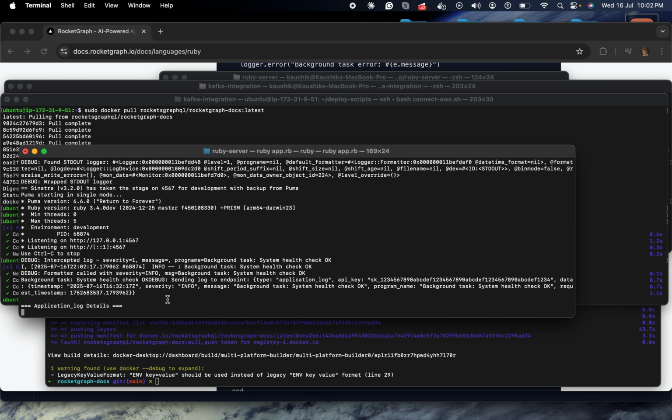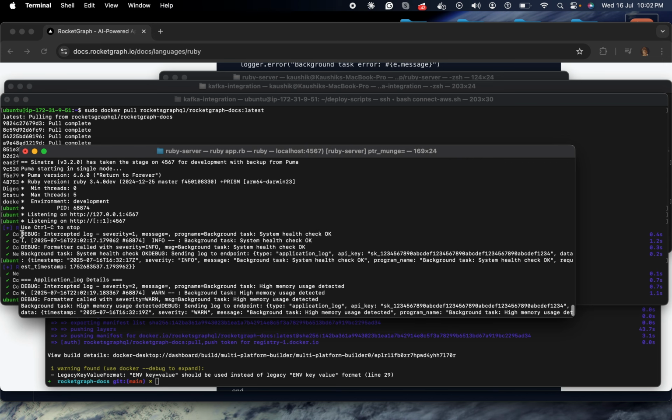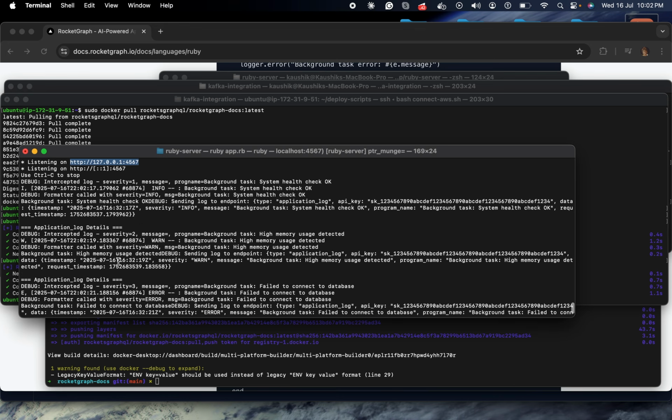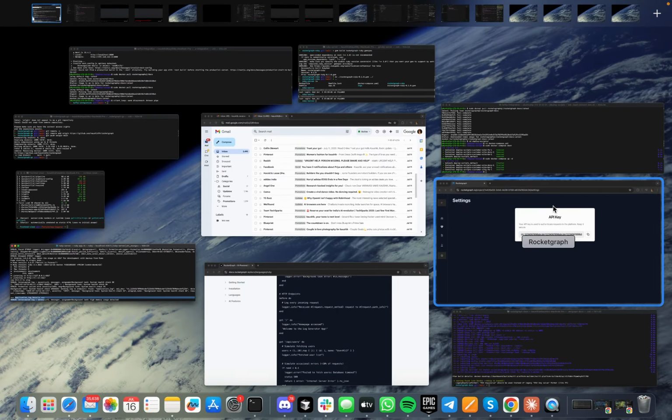Yeah, okay. So now the development server has started. Here you can see these debug statements, which is because it's still in development, and in production you wouldn't get these logs. So it would record all the requests going to this particular IP address, and it's also going to log application logs as well. So the way you are going to access that is by, again, going back to Rocketgraph,